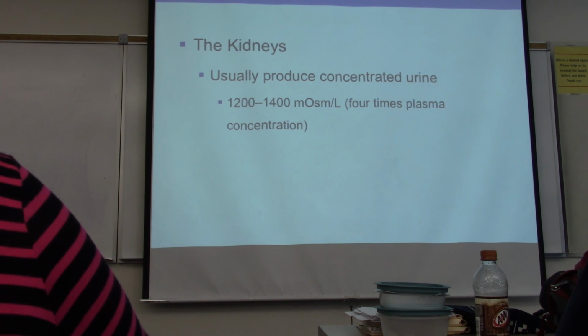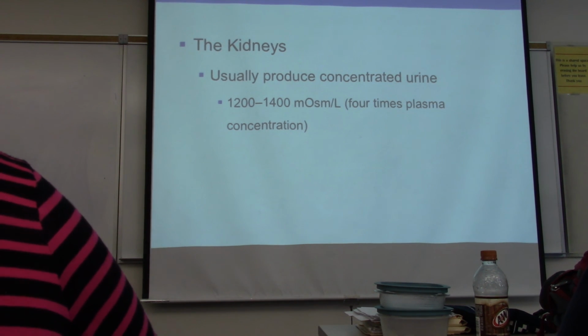All right, let's talk about this business of concentrated urine for just a minute. Normally, we can produce concentrated urine up to 1,200 to 1,400 milliosmoles per liter. In other words, about 4 times as concentrated as our